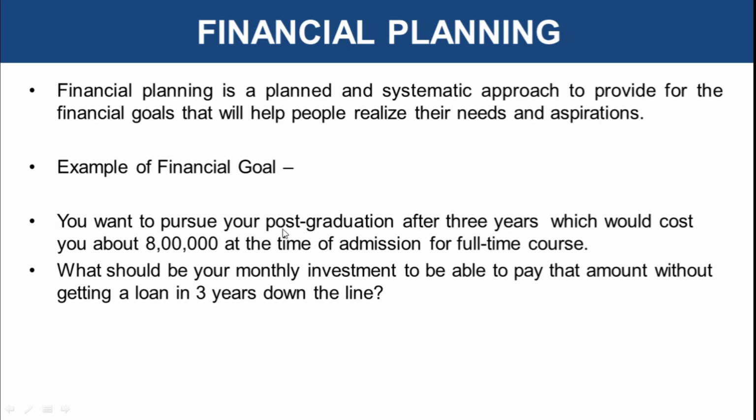Now, what you need to consider over here, why is it a financial goal? Because we know what we have to do. We have a certain timeline. I have a certain timeline that after 3 years, I would be getting this. I want to buy this car. After 5 years, I'm planning to buy a new house. So I am attaching a certain timeline.